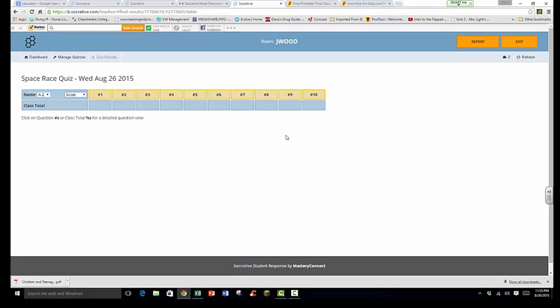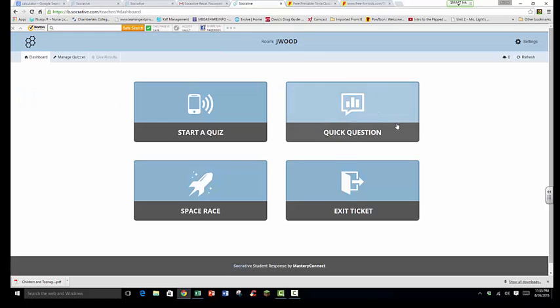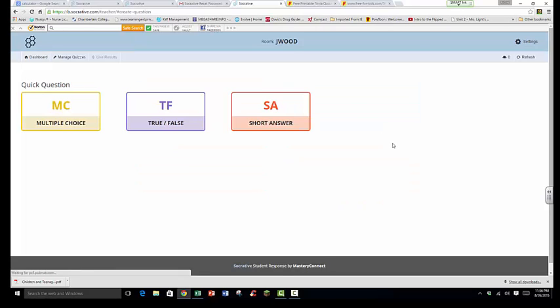And my favorite feature of Socrative is this quick question, because it's one that you don't have to spend the time building a quiz into the system. Especially if you wanted to use it for a startup activity or something maybe towards the end of your class period, and you have like 5 minutes left of class, and you need to make sure that all the students understood what you did for that particular class. You could just already have a question written up on the board or on a PowerPoint, and you could hit